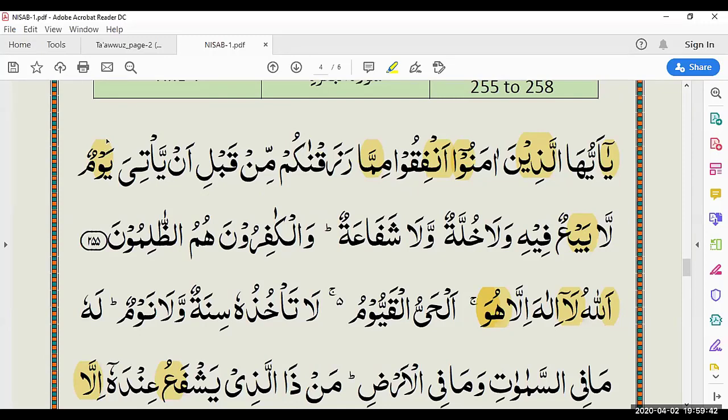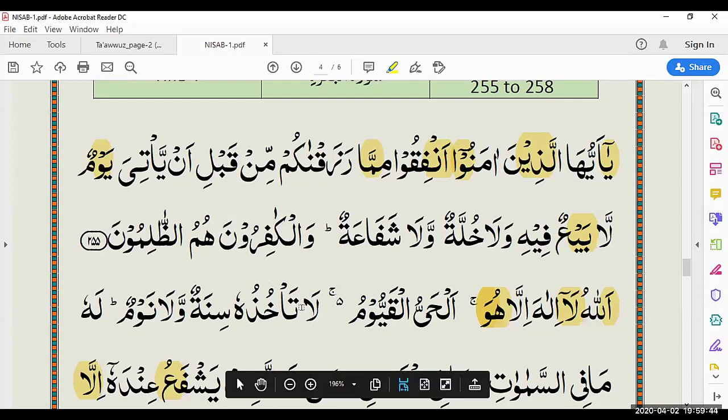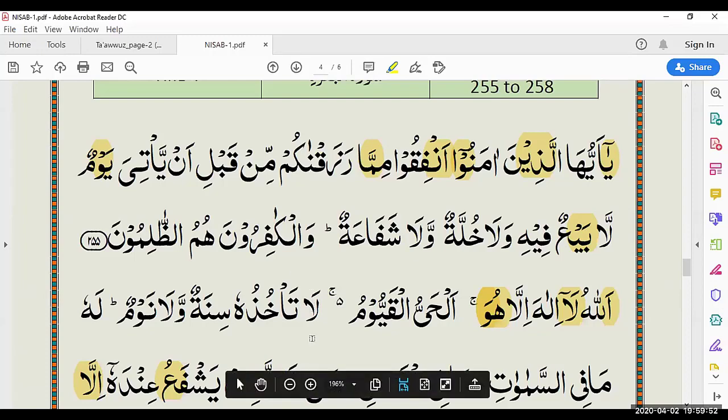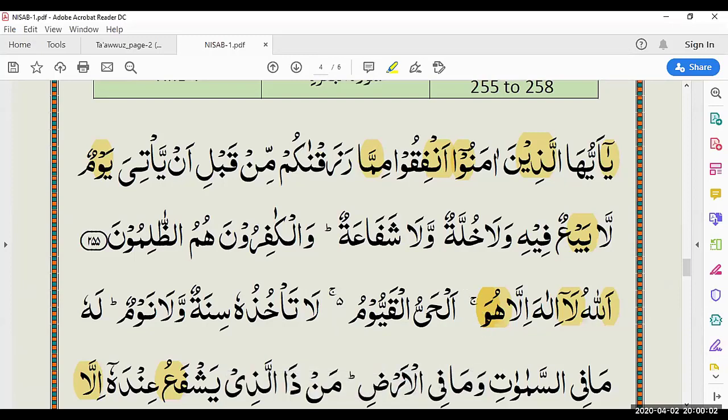So look at the examples. You can see the examples here. Just find huruf al-mad. Can you find it? Where is that? Allahu la ilaha illa huwa. Excellent, well done. So here, because we have to do waqf, we have to add a sakoon on top. Why is it called huruf al-mad and not huruf al-leen? Because here there's not a fatha before the waw. Excellent, well done. So it has the damma on top. Jazakumullah, L208.